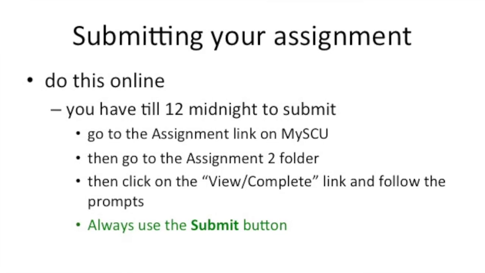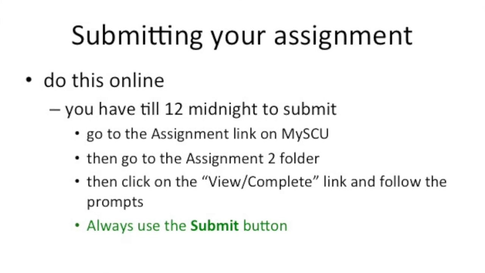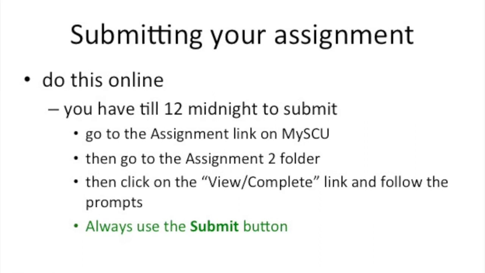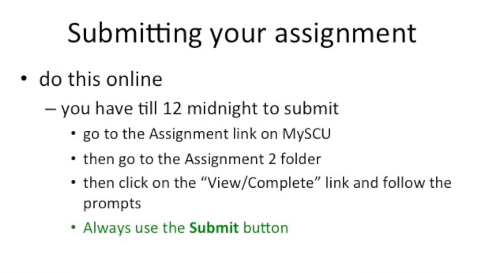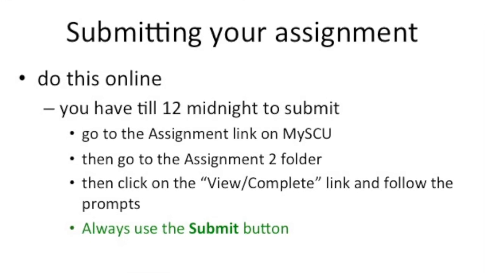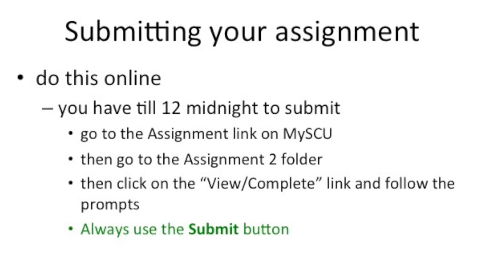That's where you will find a whole lot of resources, including, I'm assuming, the resource that you're now listening to or watching, because you've been to the folder, and that's where this will be. And you'll also see in that folder there's an assignment 2 critical evaluation link that says submit your assignment here, or words to that effect. Just follow the prompts and eventually you'll have submitted your assignment.